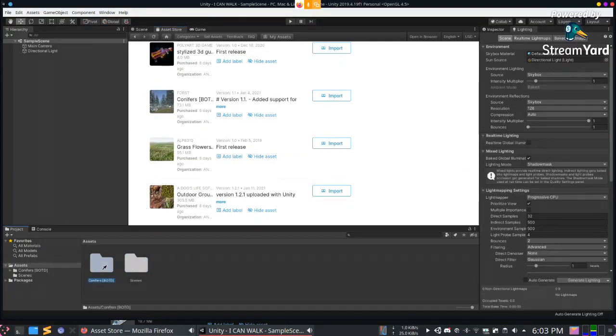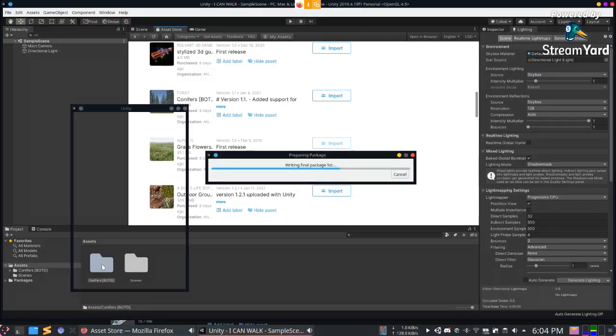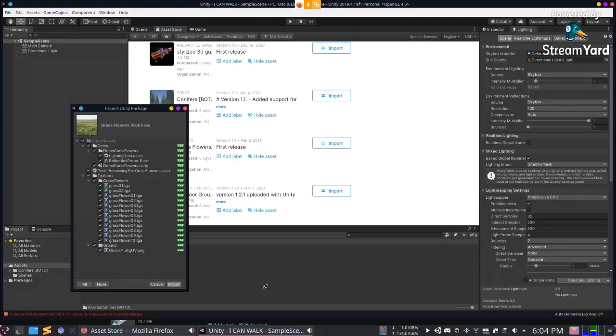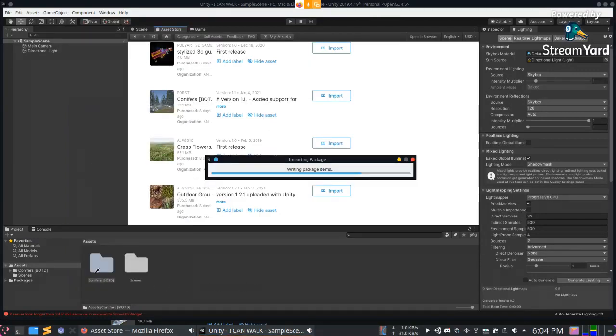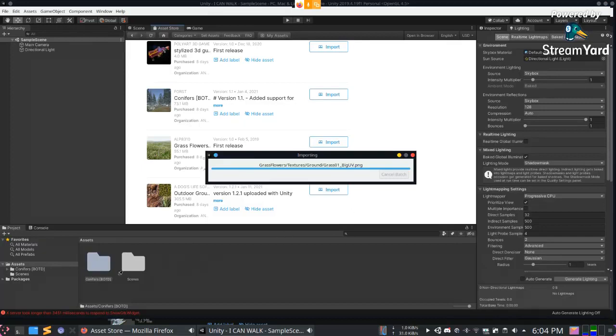So here the coniferous package is loaded. This is the asset set they have. I have imported it, and I'm importing the grass also. Till then we are going to look at the coniferous package. They have suspended clicks until I complete the import, so you have to wait for it.